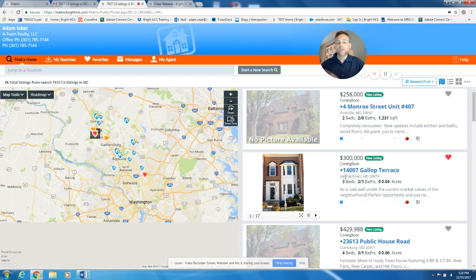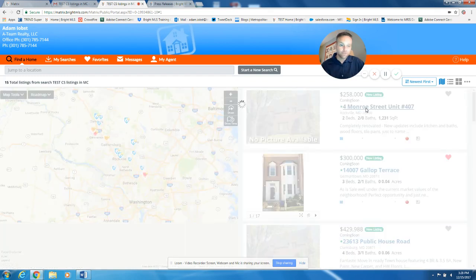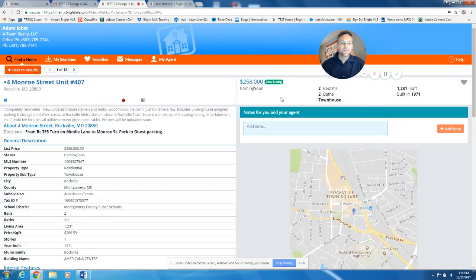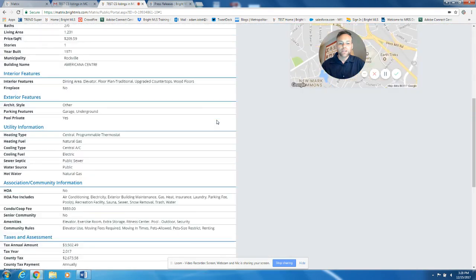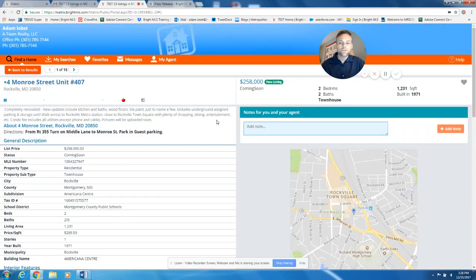And your buyers will have the ability here to go into additional details by clicking on the addresses of any of these properties and seeing additional MLS information here. Now, you should note at the top of this display, this is your header. And the only contact information that your contacts are going to see when they go to the portal is your own contact information. The listing agent's contact information will not appear here. If I go back to the results,